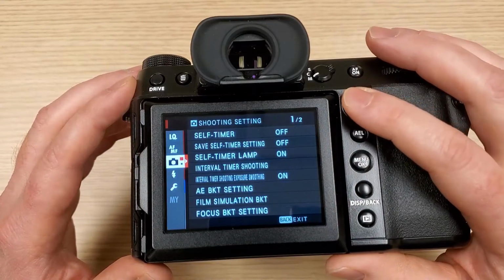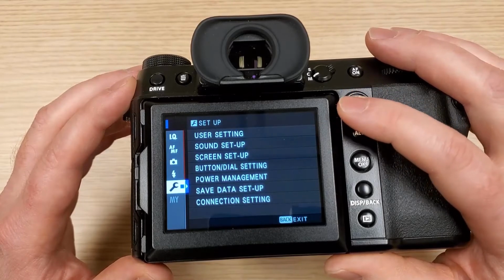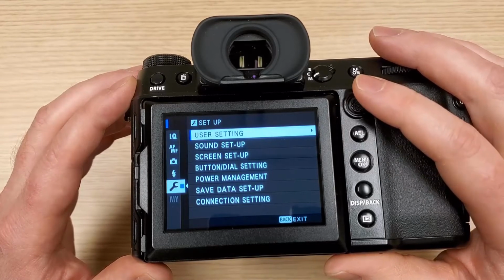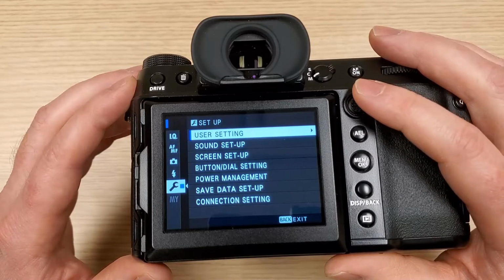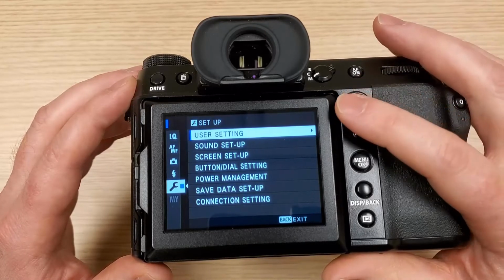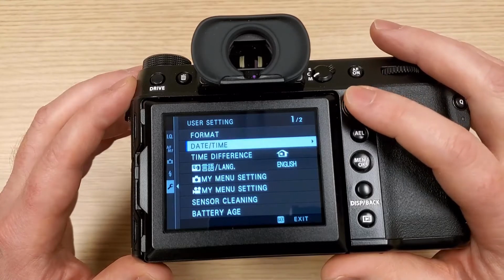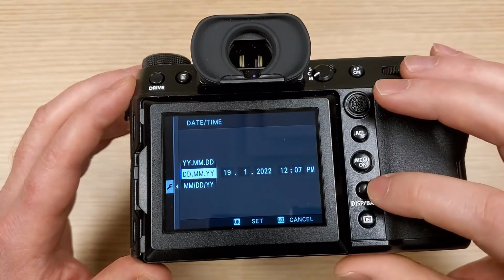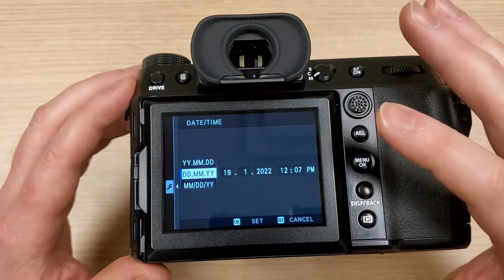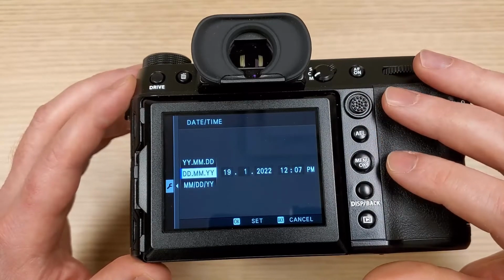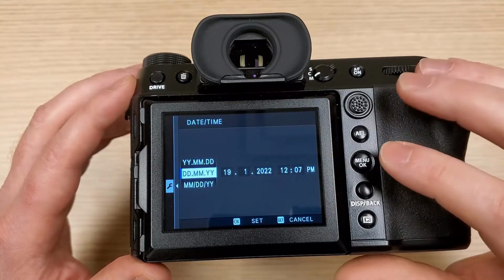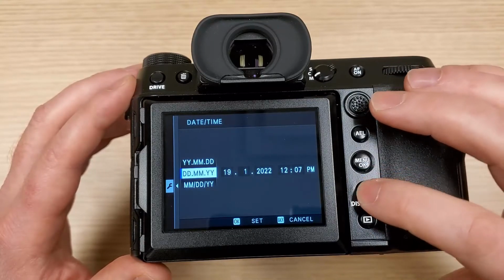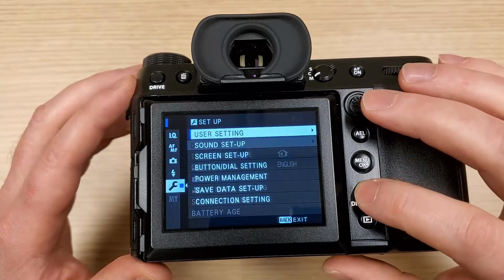Okay, next thing that we're going to want to do is make sure that we got the correct date and time. Having the correct date and time can be useful when you're troubleshooting any mismatch issues between geotags and images. And so to do that, again, go to user settings and make sure you have the right date and time punched in there. We do, so we're going to leave that. One thing that's nice about this camera, it will remember your date and time even between those reset commands. So now we can go back